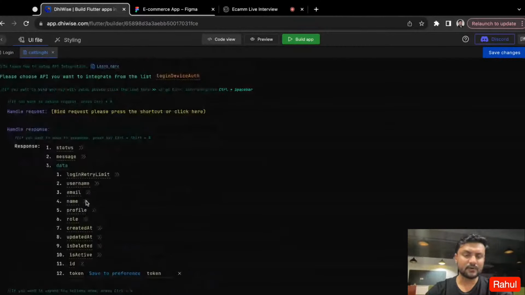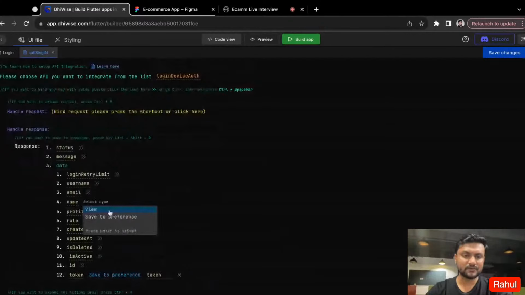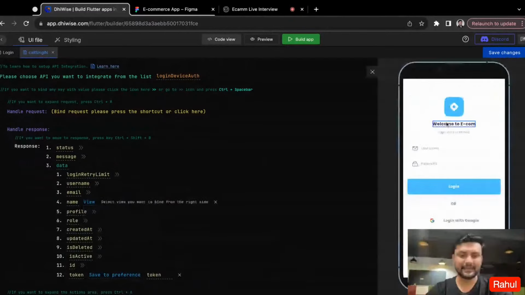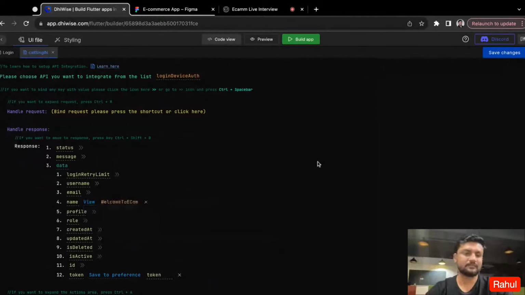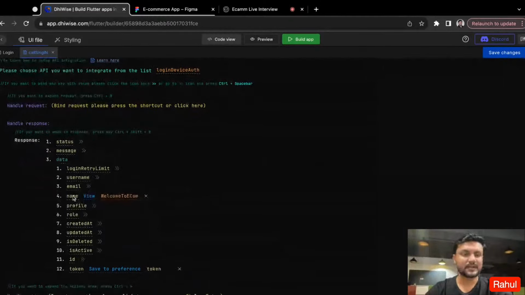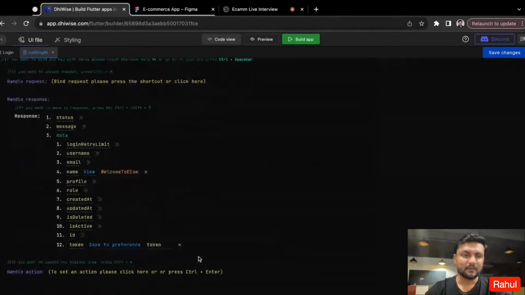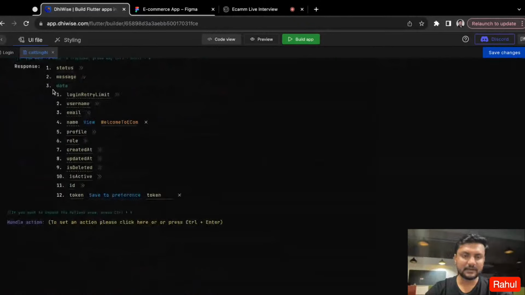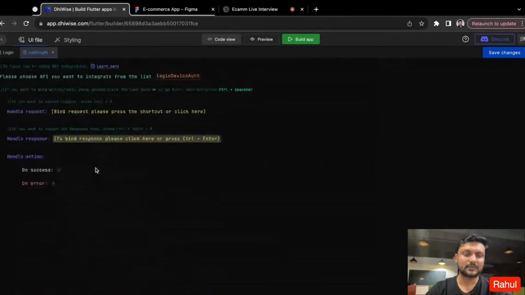Now, if you want to show any data in the view as well, that is also available. You just need to select the respective key and the view. Let's say I want to show name in here, and done. The value that you receive in the name in the response will be shown in this label. Once you have handled the response data, now you can set up the on success and on error,